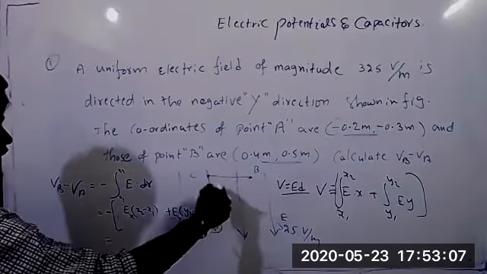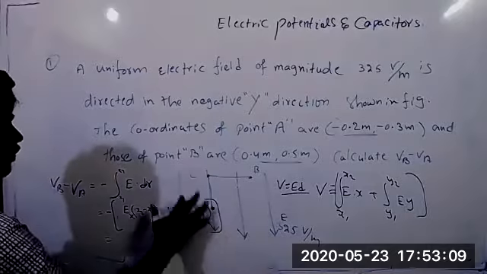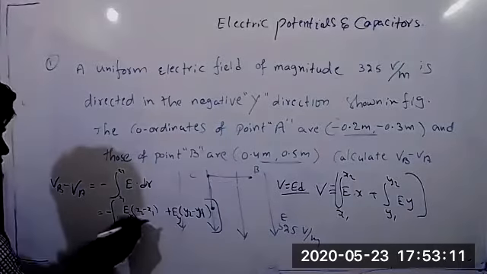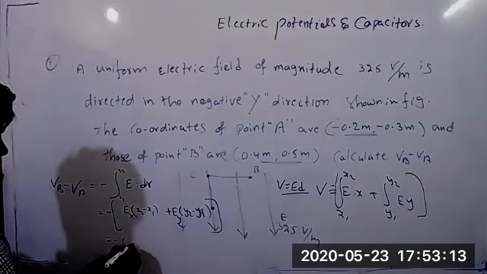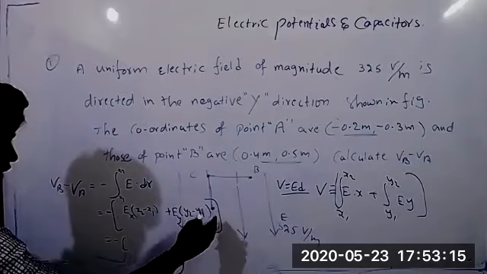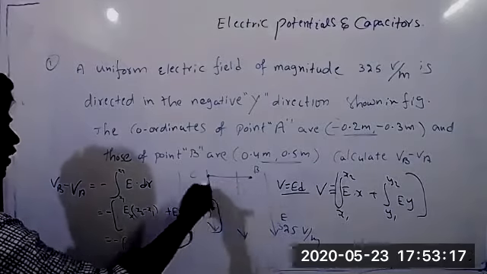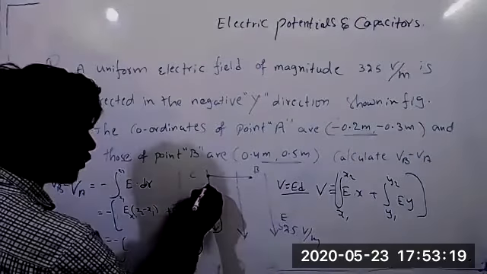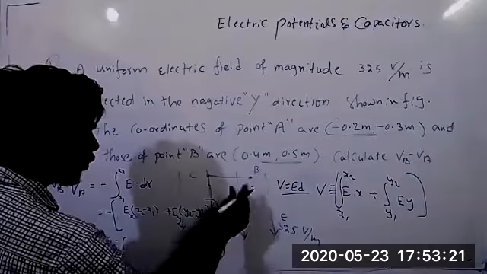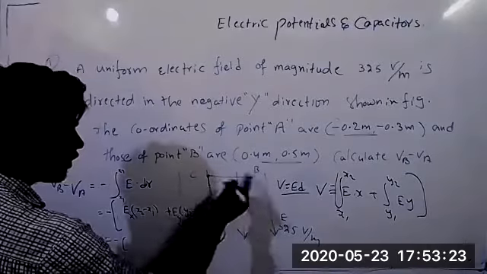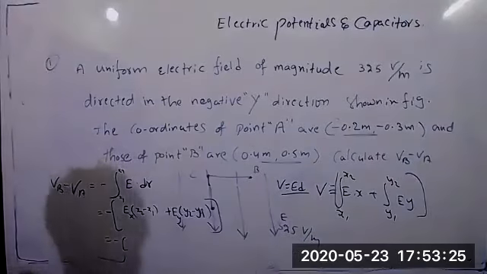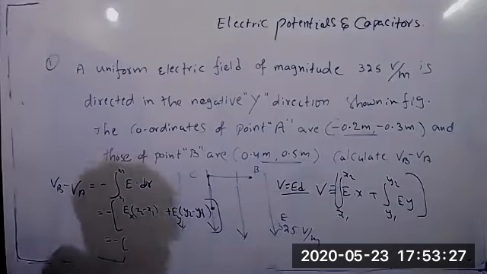Along this direction the electric field is the uniform electric field. Total electric field is there. So we can take it common. How much electric field will be there along y direction? Same electric field will be there along x direction. Now say me, what is the potential difference between point C and point B? What is the potential difference between point C and point B?